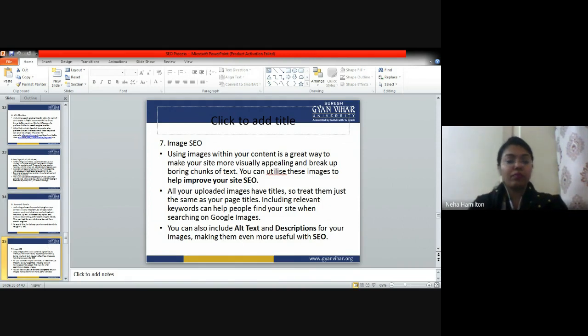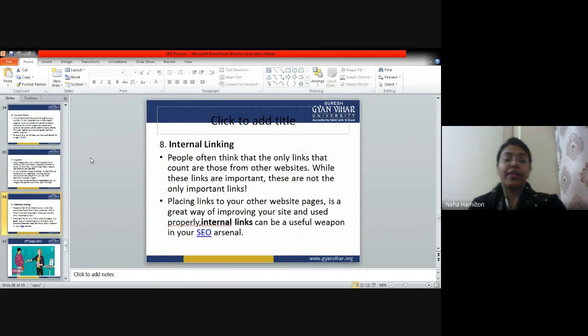Okay. Now, next is internal linking. Now, this is something that I have demonstrated to you in the last class, that it is important to internally link your pages with each other. Now, why is it important to internally link your pages with each other? Because